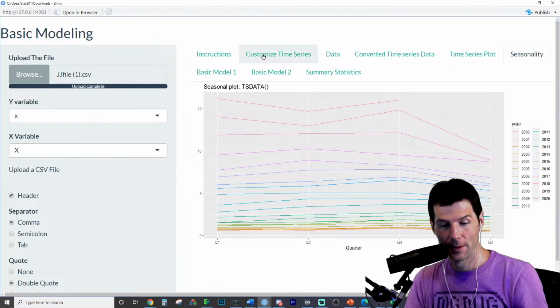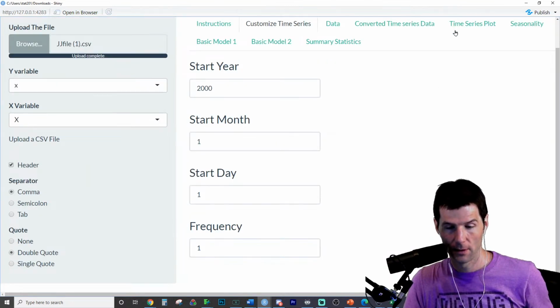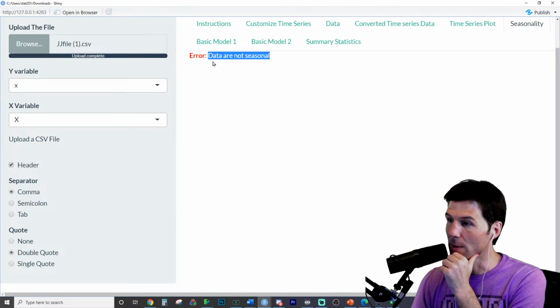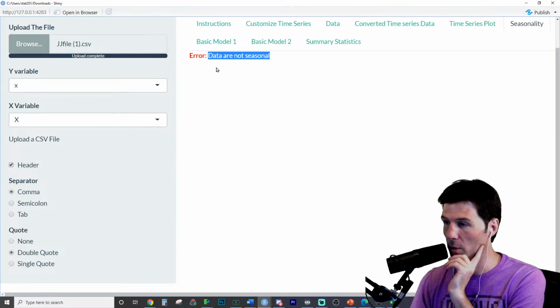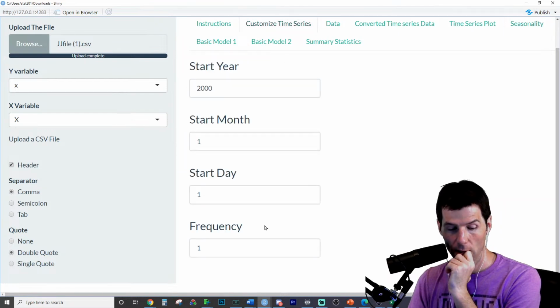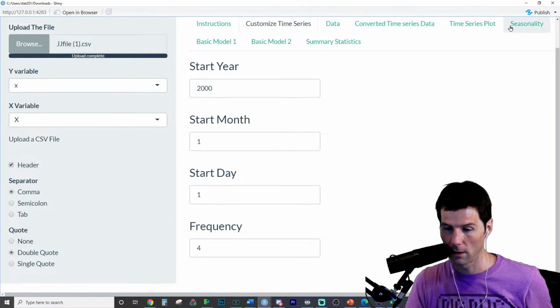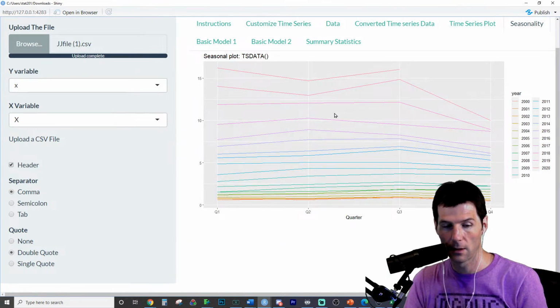There you go. Very good point. You could put messages to someone, like, you'd have to do some ifs or something, like if this, say this, put this output here. A lot of interesting stuff could be done here. But that was the issue. On your frequency, make sure you got a frequency, and then you can go over here to your seasonality and look at seasonality.